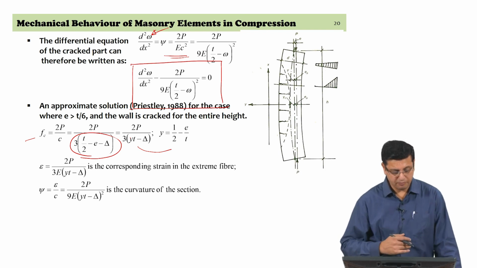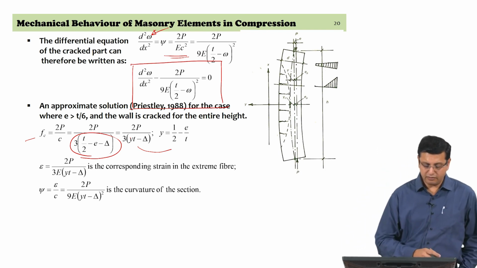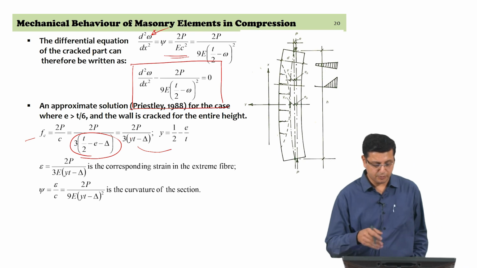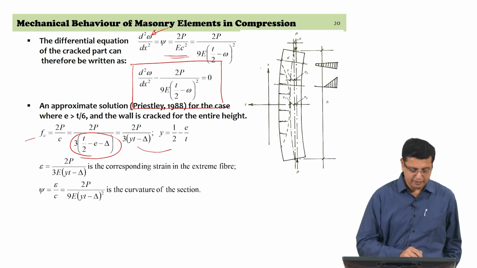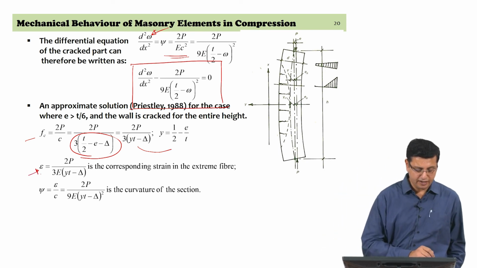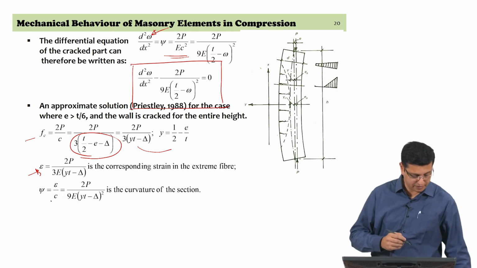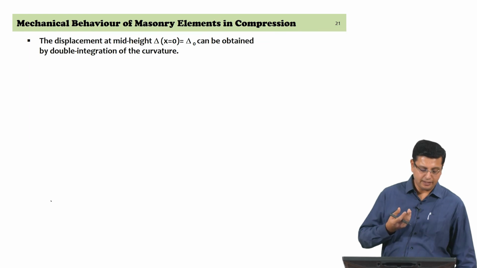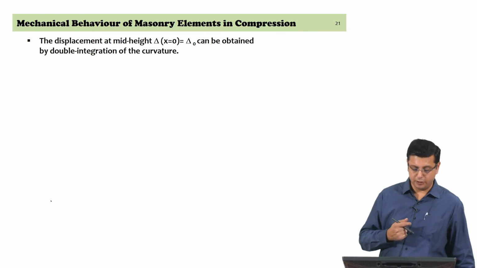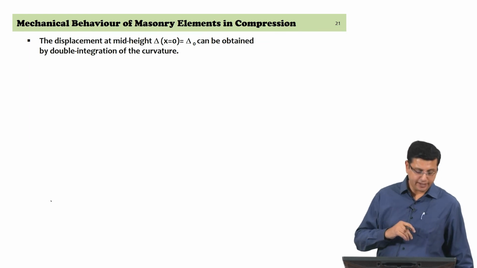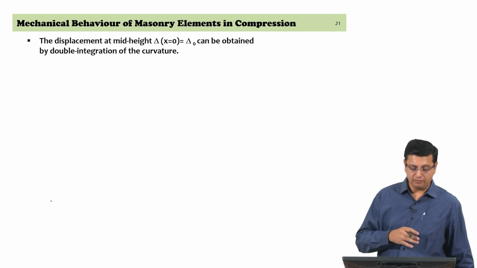Similarly, for the expression in strain we use the expression of Fc by E, and rewrite the expression for strain. Then rewrite the expression for the curvature of the section. Double integration of that curvature can give us the displacements. So, now in this particular case we know that the mid height